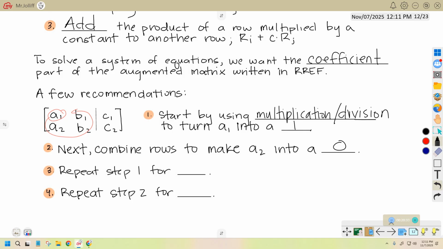Once a 2 is a 0, I'm going to turn B2 into a 1 by repeating step 1. And then I'm going to turn B1 into a 0 by repeating step 2. A loop counterclockwise around that matrix. That probably sounds scary and intimidating, so I'm going to show you with some examples, because